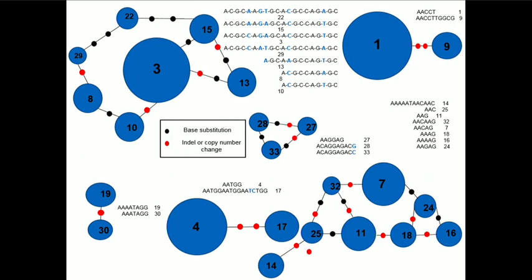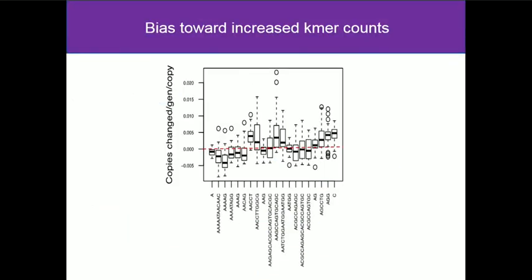Some of those mutational steps include addition of lengths to the word. Some of them are simple substitutions, but there's an unusually high degree of structure in the Daphnia K-mers, which was kind of intriguing. I think it had to do with the fact that they were asexual for so long. This is indicating the number of copies that change per copy, and this is the zero line here, which is sort of, okay, so each given line didn't change in mean up or down, whereas the bars that are going down here are K-mers that seem to decrease a little bit in abundance. The ones that went up increased in abundance.